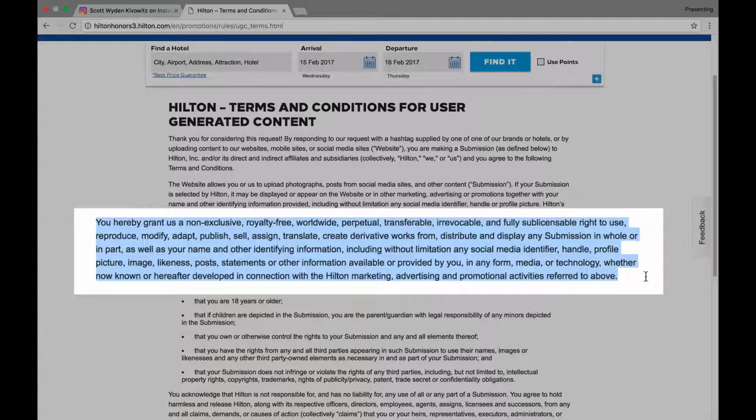My takeaway from that is pretty much you're giving them the right to do whatever they want with your photo and your profile photo, right? If you are literally giving them the ability to sell your photograph by letting them repost it on their Instagram. So this is just a public service announcement: if you ever get a comment like that and they're linking to their terms, be sure to read those terms. Be sure that they're not doing what you see right here.